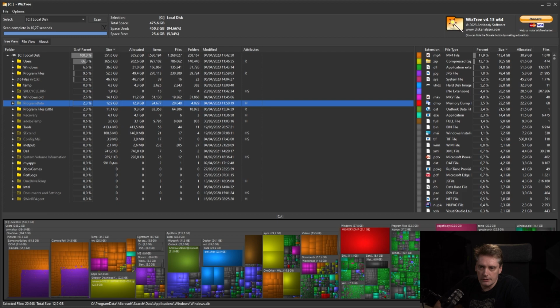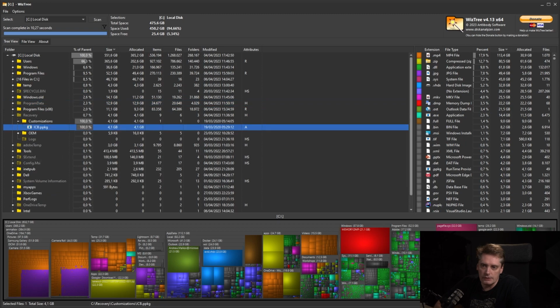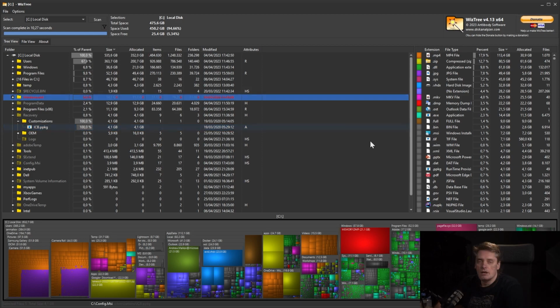And again, I go to my other files, which is Program Files x86. Again, I'm not going to do anything because there are small pieces here everywhere. And the big piece here is the ICB ppkg file, which is also an internal system file, touching the recovery process of Windows, with 4.1 gig. I don't want to touch it as well. So that's mainly it. I clean up everything that I can find fast. I'm going to look at my drive after all the actions that I did. So I close the